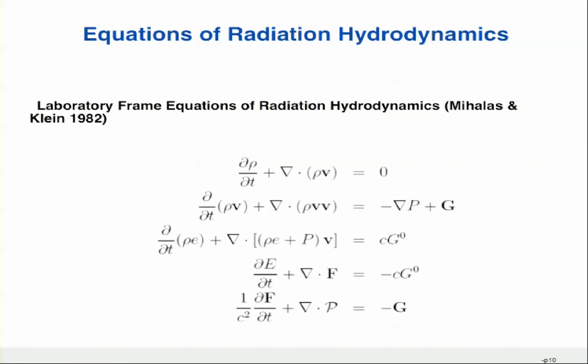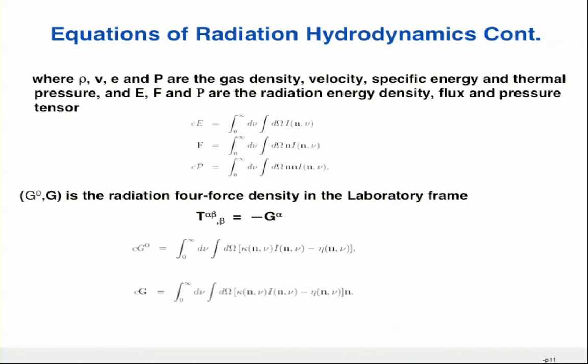So let's start with the equations of radiation hydrodynamics. These are the familiar equations, except for the right-hand side, which I'll talk about for a few minutes. These are the equations of conservation of mass, momentum, and energy, coupled on the right-hand side, coupling the matter field to the radiation field. These equations themselves must be coupled to the next higher moments of the radiation field. This is the radiation energy equation and the radiation momentum equation. And these quantities, these moments of the energy, the flux, and the radiation pressure tensor, are integrals, double integrals, excuse me, over the angle and frequency of the intensity of the radiation field.